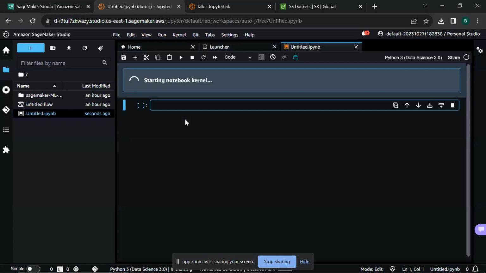So it's going to initialize the notebook, and once it's done, you're going to see the running instances here, and it's going to populate the common data science libraries such as pandas, numpy, matplotlib, all those modules that are very important in your data science and machine learning preparation.